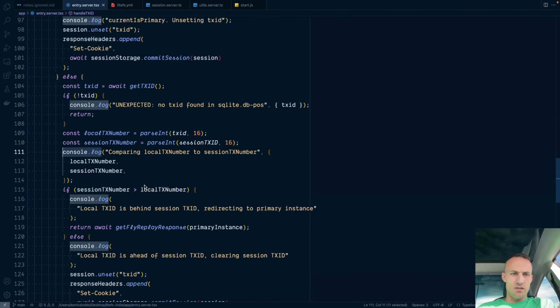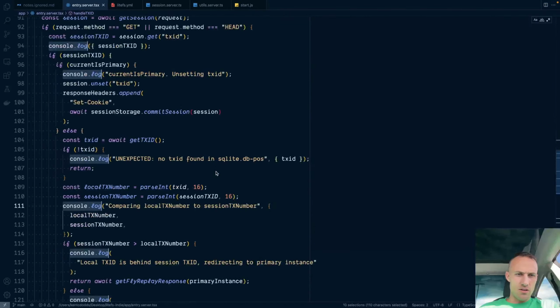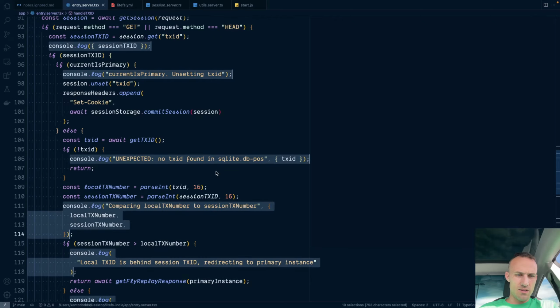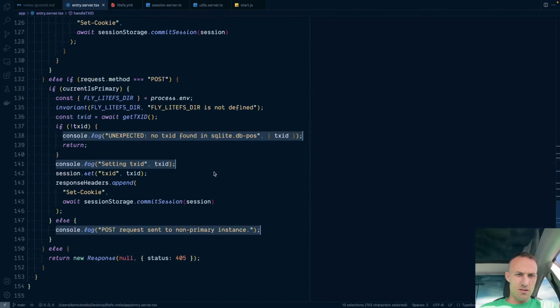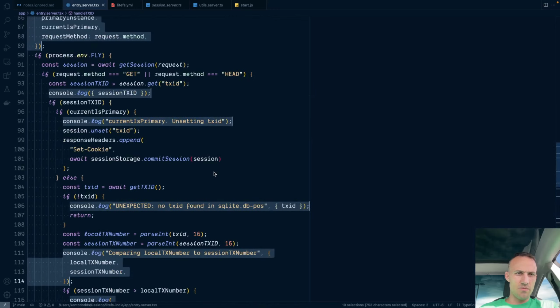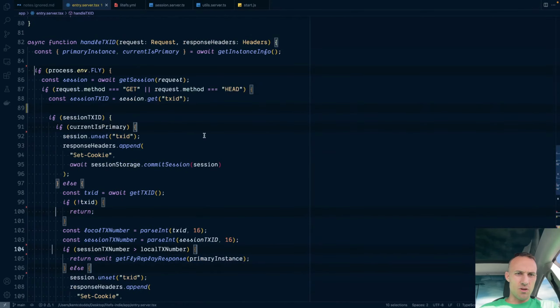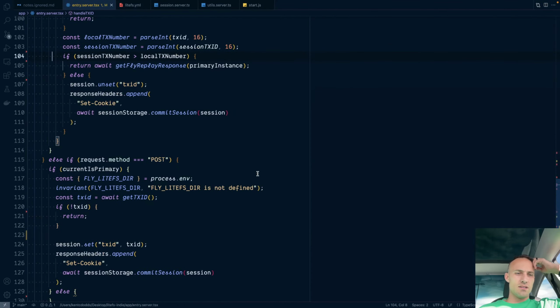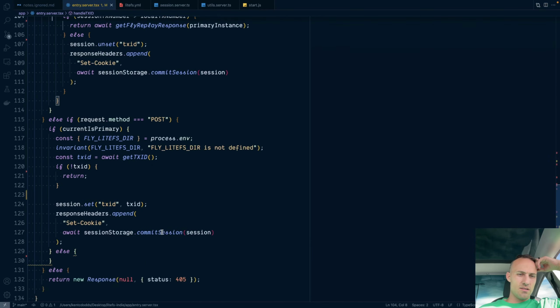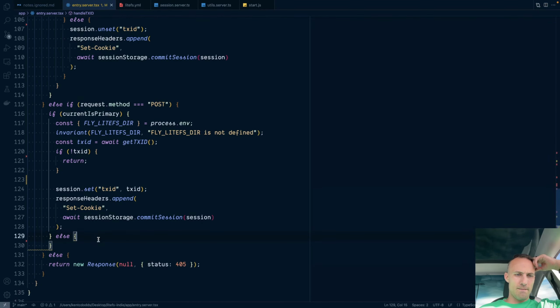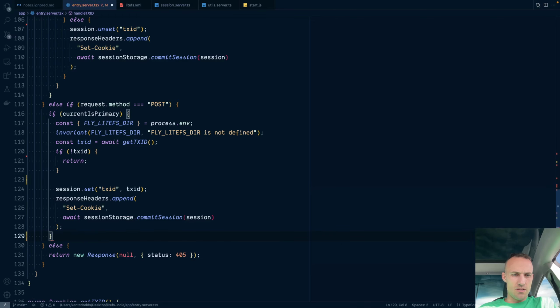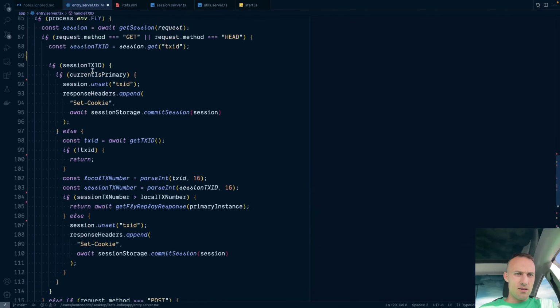Here, let's get rid of all these logs now that it works. Wonder if I can do this. How well that'll work. Yeah, sweet. Oh man, yeah, it's not gonna work. Maybe that'll work. We got some semicolons that'll get cleaned up. Nice. Yeah, get rid of empty stuff. And